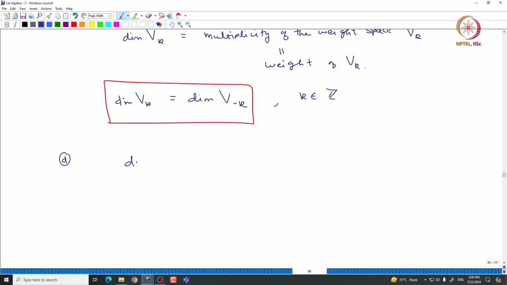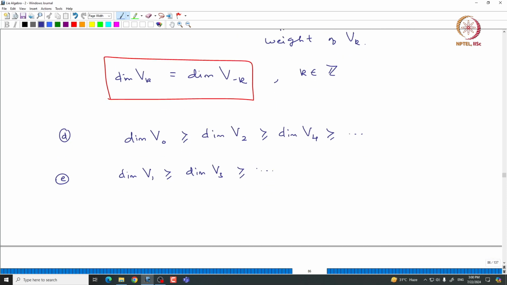Then you can easily see that the dimension of V0 will be greater than or equal to the dimension of V2, which is greater than or equal to the dimension of V4 and so on. Similarly, the dimension of V1 will be greater than or equal to the dimension of V3 and so on. And this is again very clear from